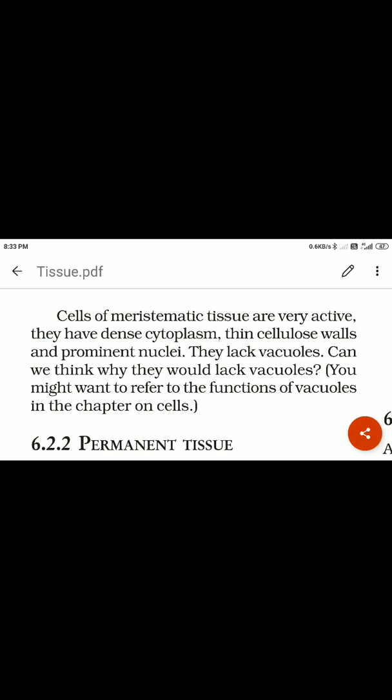The apical region is a new-cell generating system. That's why the remaining cells are released backward and growing forward. That's why there is an absence of vacuoles. There is no need for such vacuoles. The prominent nucleus and dense cytoplasm are needed because the tip is small in size. There is no need for such a type of cytoplasm.